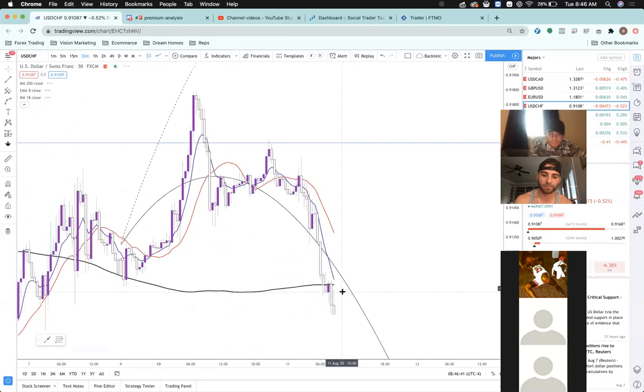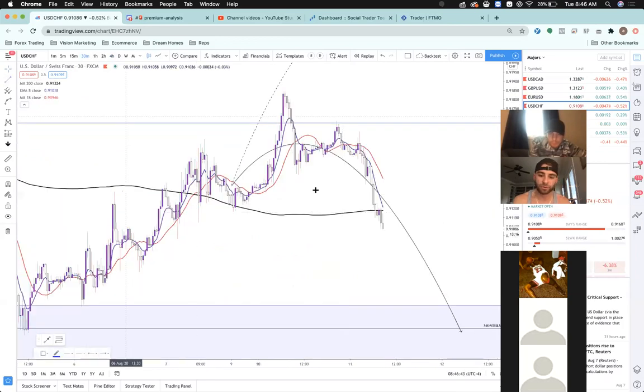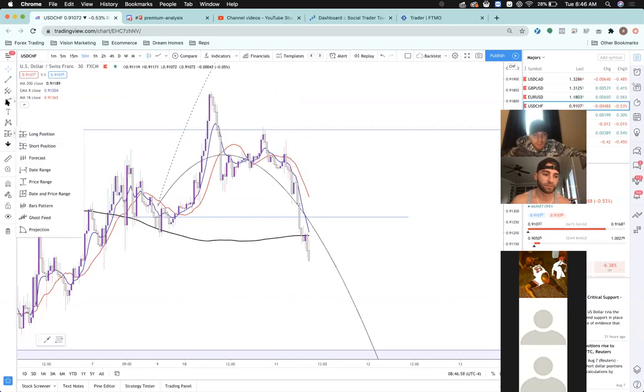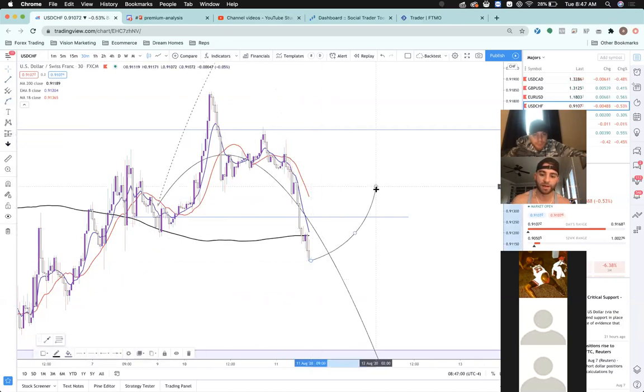So where would the entry opportunity be now that we just broke pretty much this level right here? This is a nice level. You know, we could enter aggressively right now, sometimes I'll do like a breakout on the moving average, like on this 200-day, just touching it and just falling off it. But more ideally, we wait for some sort of pullback.